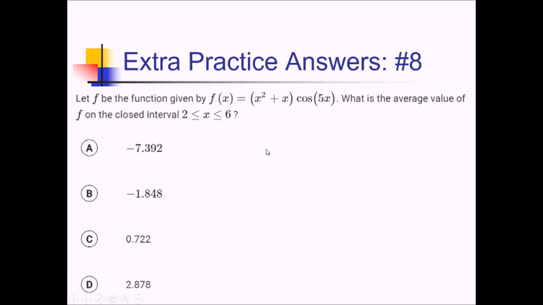So for average value, I need 1 over the interval length, so that's 1 over 6 minus 2, times the integral with these limits in here, so integral from 2 to 6, of whatever you're trying to average, which in this case, I'm just going to write f of x dx. So let me do the rest of this on the